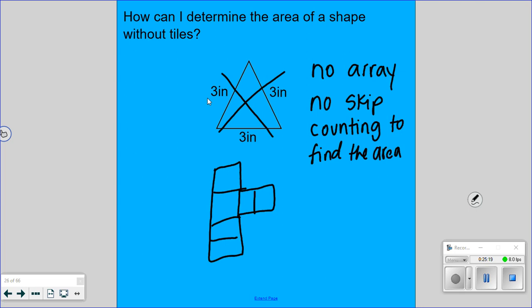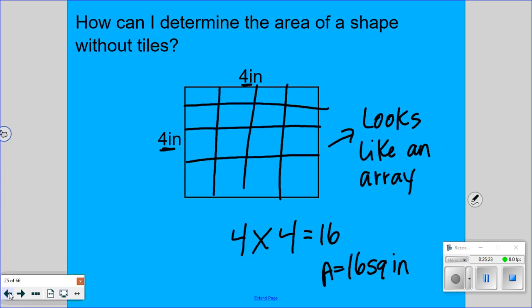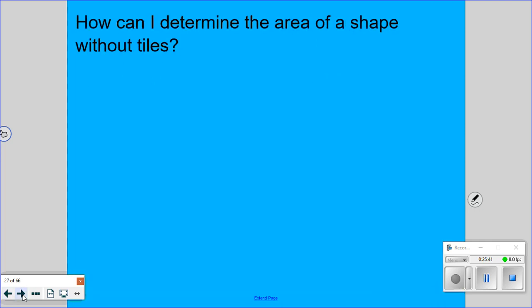If you got a crazy shape, you're just going to have to count it. But if you have a shape that ends up looking like an array, like that one, can you skip count? Yeah. Can you multiply? Yes. It's like a shortcut. So if you get a rectangle that looks like an array, Arik, I want to see you use those shortcut strategies. We're going to